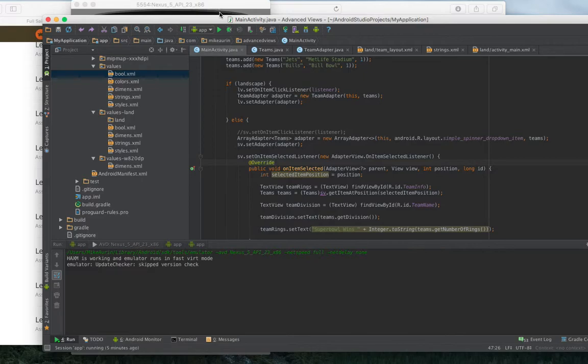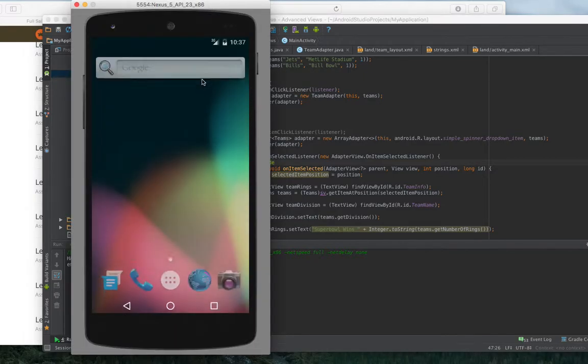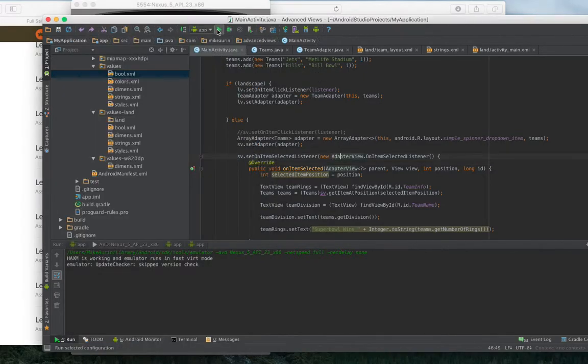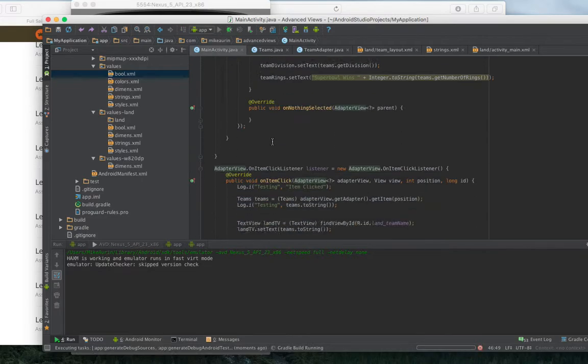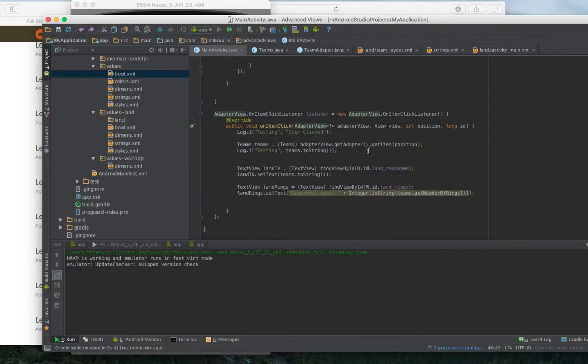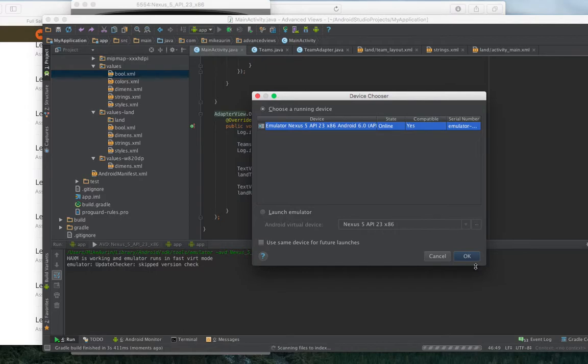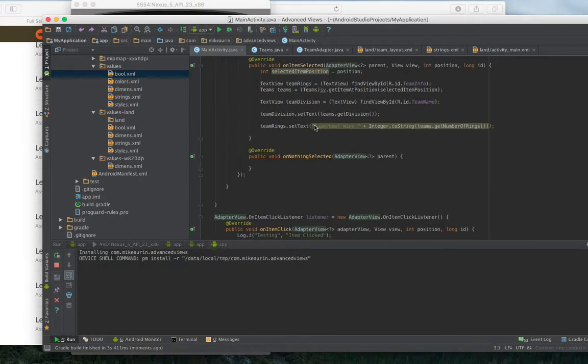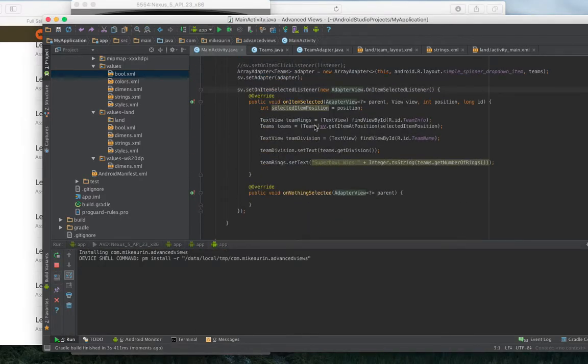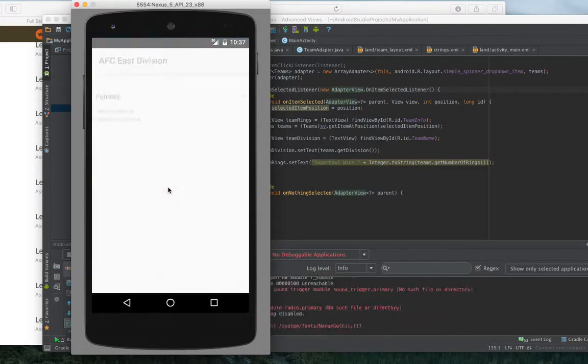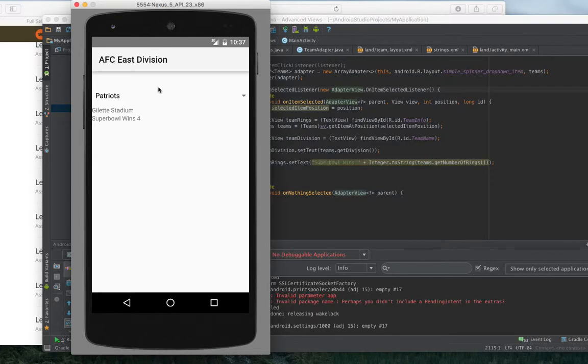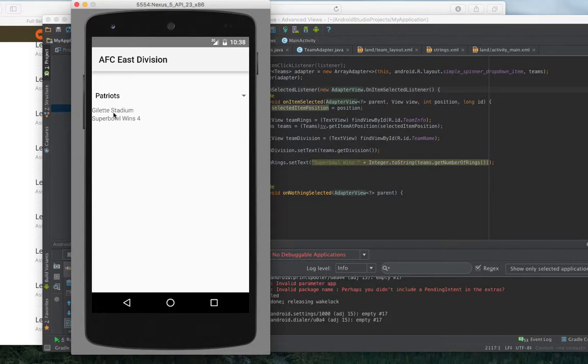So going over the actual project, if it runs, excuse me. And then I set up the adapter views for on item click and on item selected. So for the actual application, you have the drop down menu or spinner, and it populates the stadium